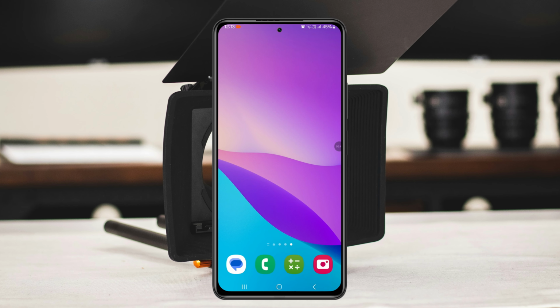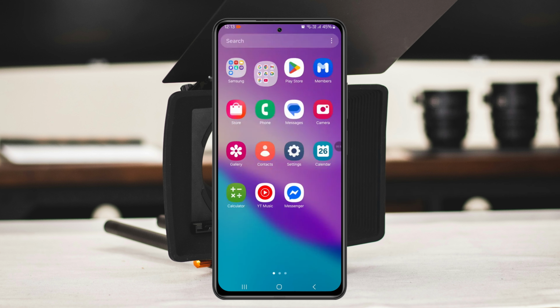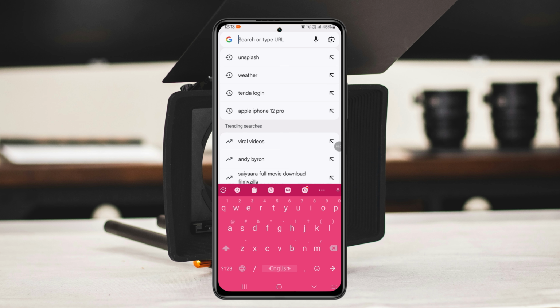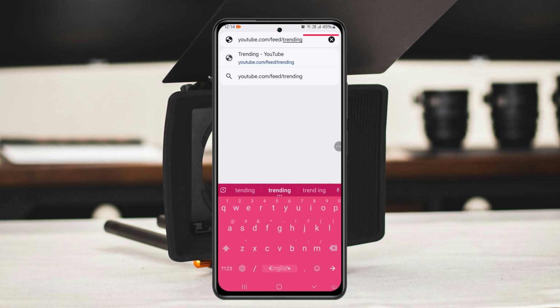Well, so the YouTube trending option is not available on YouTube right now. So here is the alternative way of how you can actually access that. First things first, you just need to go ahead and open up any browser on your phone. So I'm going to open up the Chrome browser and then simply tap on the search bar. And you just need to search with this one,